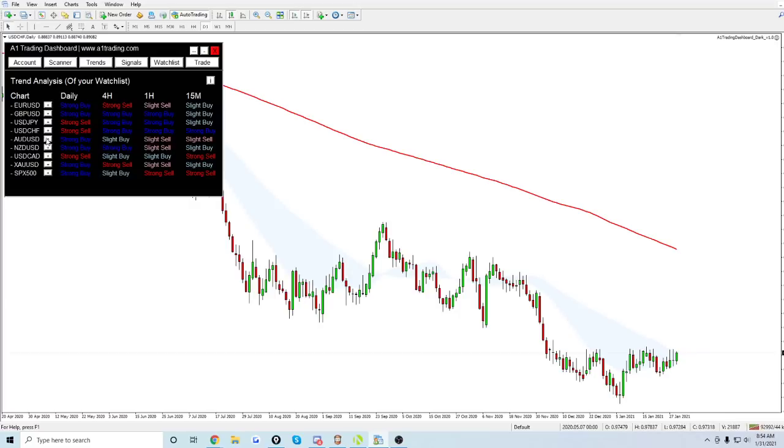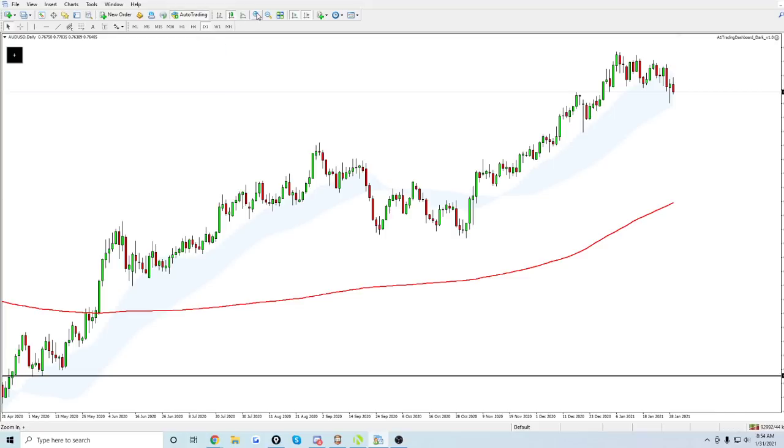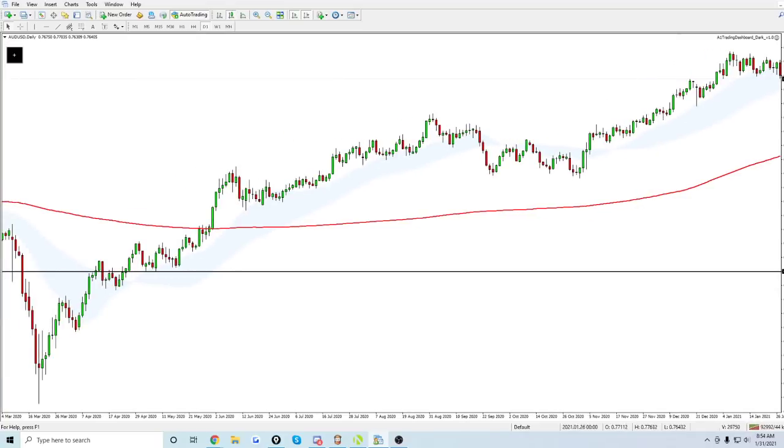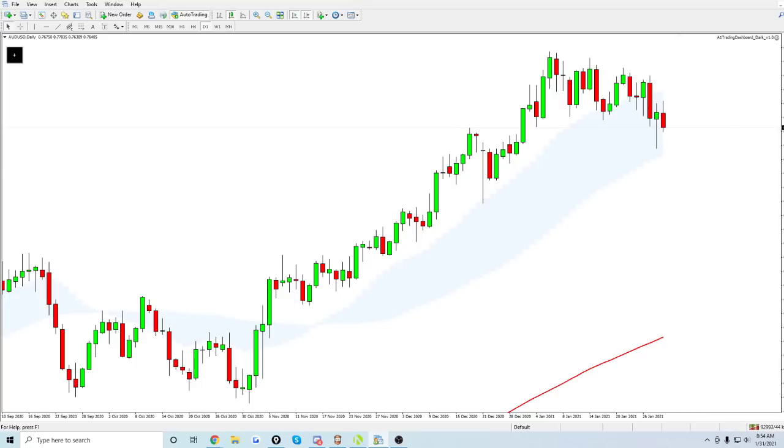Probably some interesting stuff could be going on with that. AUD/USD last week actually pulled back for the first time in a while. If you notice, there hasn't really been a big pullback since this area here back in August and September. This is the first time we're seeing a little bit of a pullback here. And you can see that we're into this pullback zone, which is probably an interesting area to watch out for